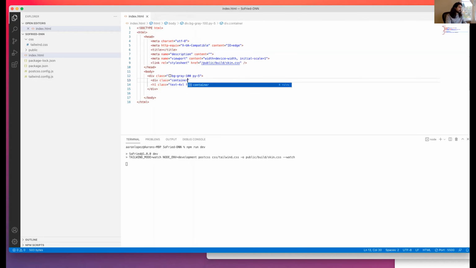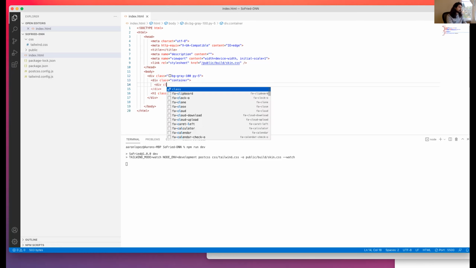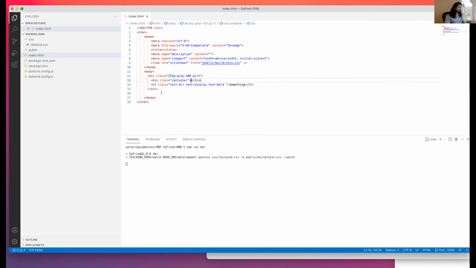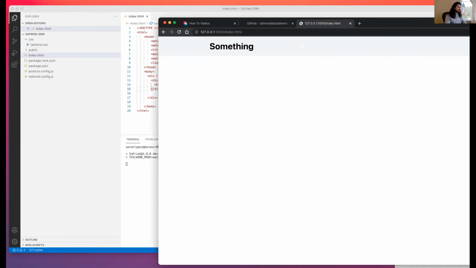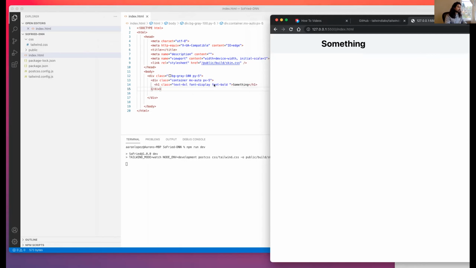This is one of the container classes in this build, or that's part of every build. And then you have to do mx-auto to center it, and px-5 to give it some padding. So we're not doing anything particularly amazing, but it's just a very rapid way of developing.